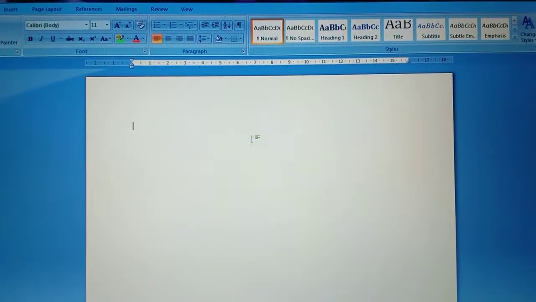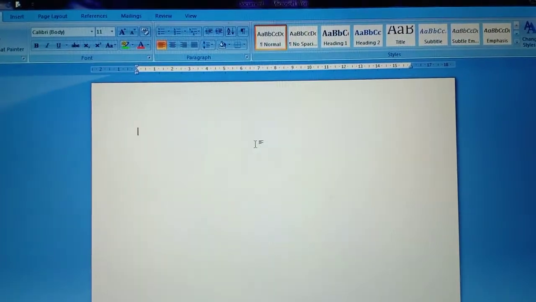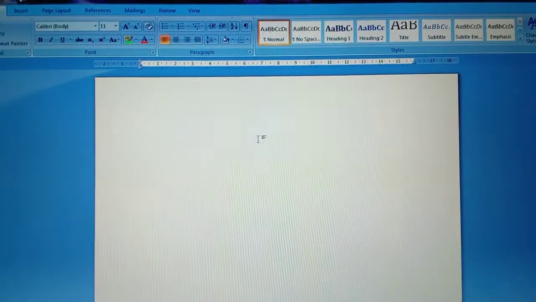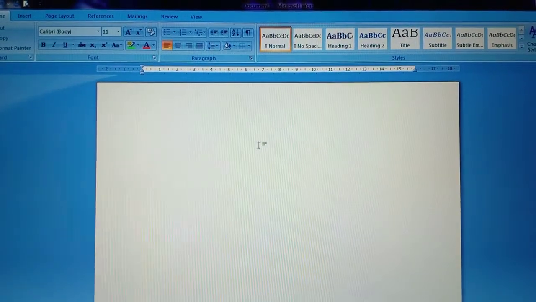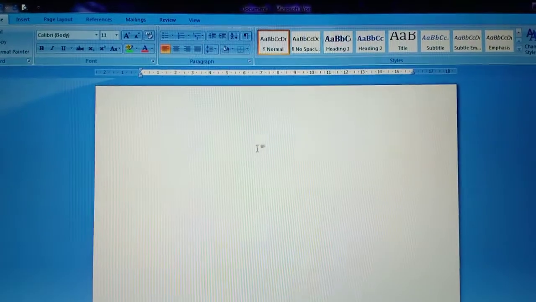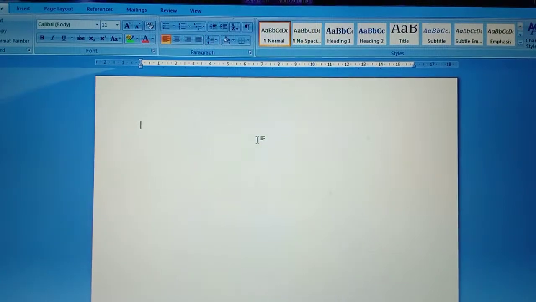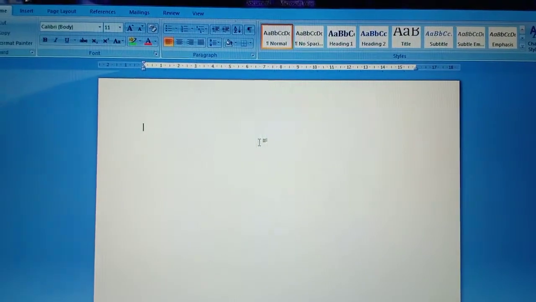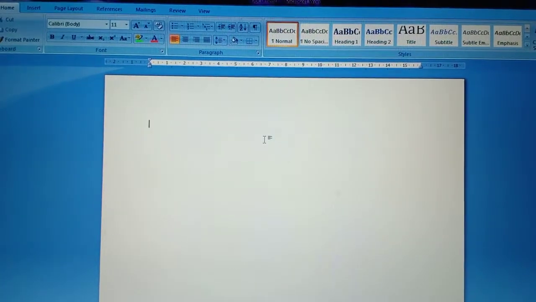So MS Word, that means Microsoft Word, is the most famous computer application software which does the task of creating, editing, modifying, storing and printing the document. So for processing of the word we are using the application software called Microsoft Windows Word, that is MS Word.